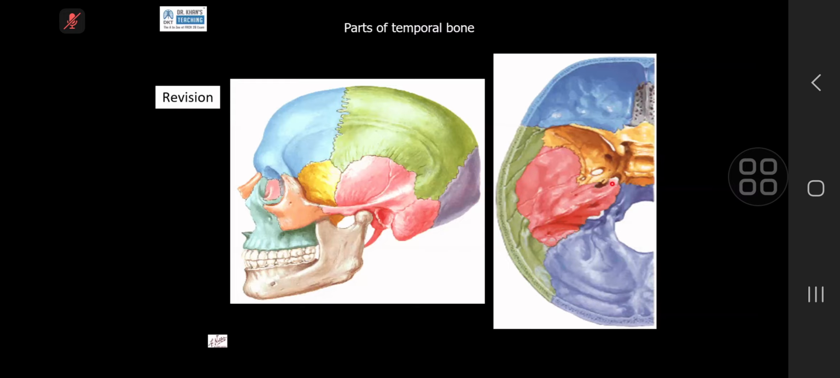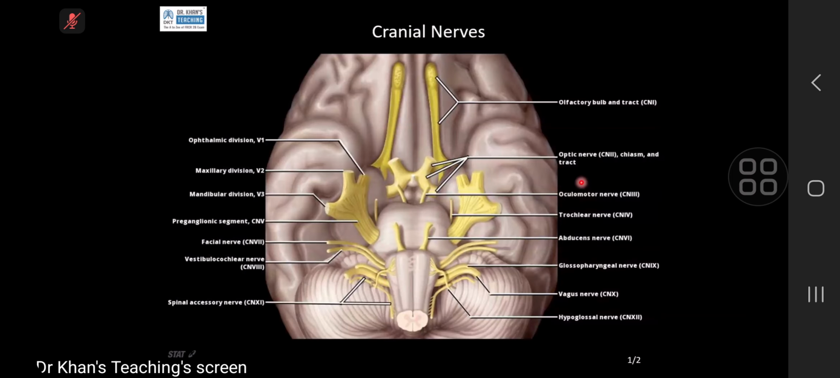The temporal bone technically has five parts: squamous part, mastoid part, stylomastoid, tympanic part, and the petrous part of the temporal bone. We have covered it in great detail, and this is an important landmark in the base of skull. So today we will take it further. I'll come back to this. Just a quick revision about the cranial nerves,